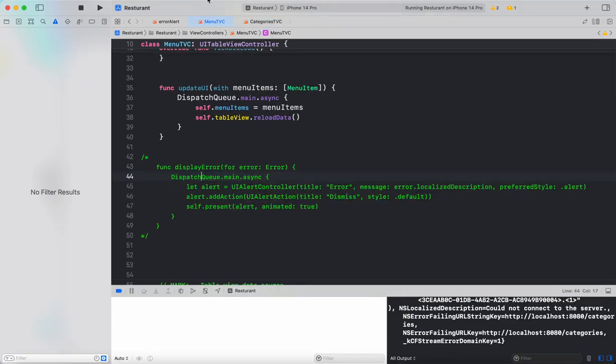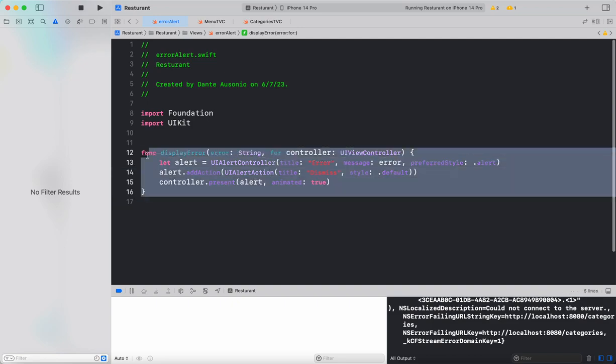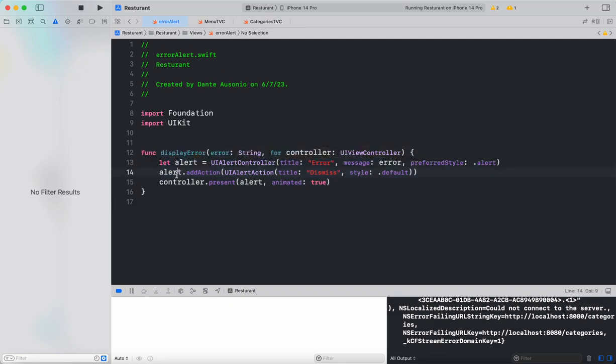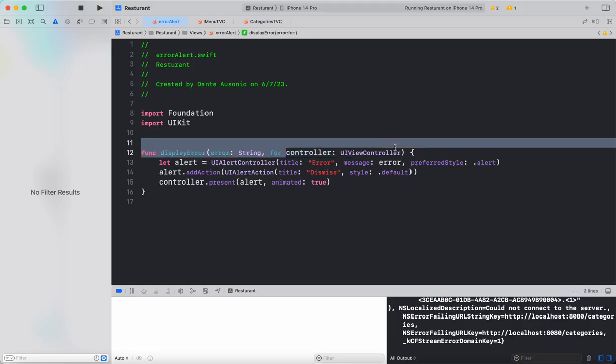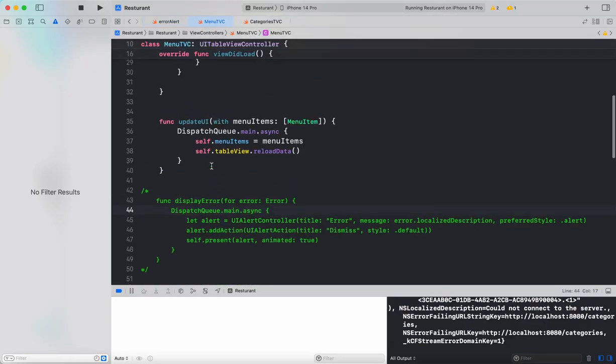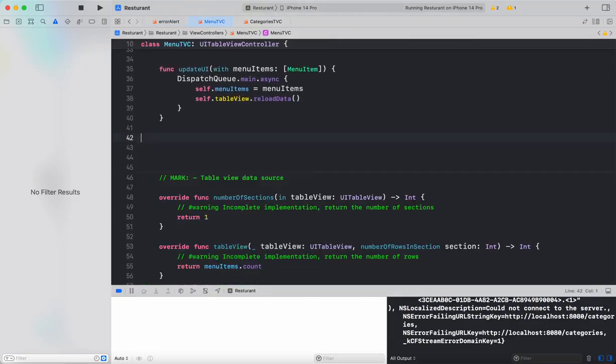So how did I do that? I created a separate function and I put it in a separate file. And now this code right here can be used anywhere. This level of abstraction essentially takes, okay, we've got some error. It's going to be a string. That way, if I want to have a custom error message, I can pass that in instead. And we have this controller object. So what I ended up actually doing is getting rid of this guy,